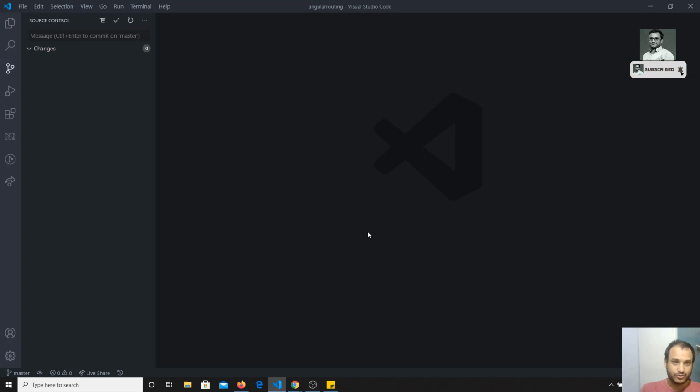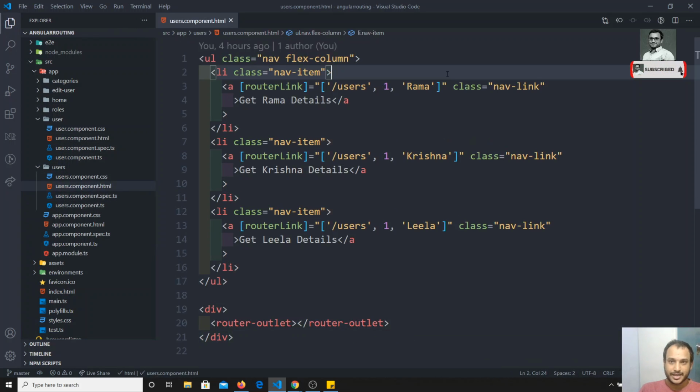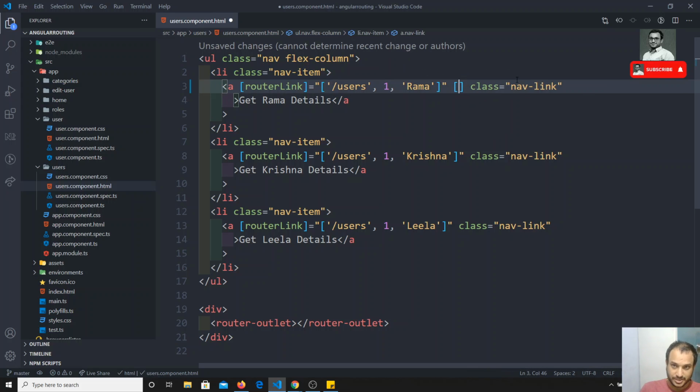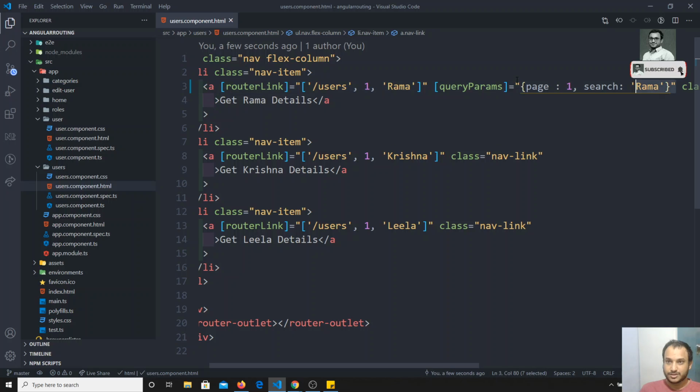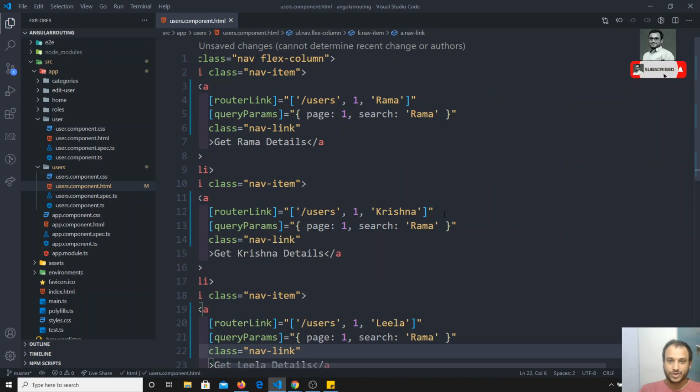If I go to users.component.html, here I can have some query params, like page equals page 1 and also search as Rama. Now I will add the same query parameters to all the three links.